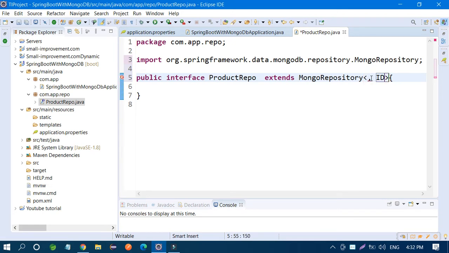If you have not added Spring Data MongoDB in the pom.xml, then it won't come, so you have to add it, and then it will definitely come. And then you have to send the product here.